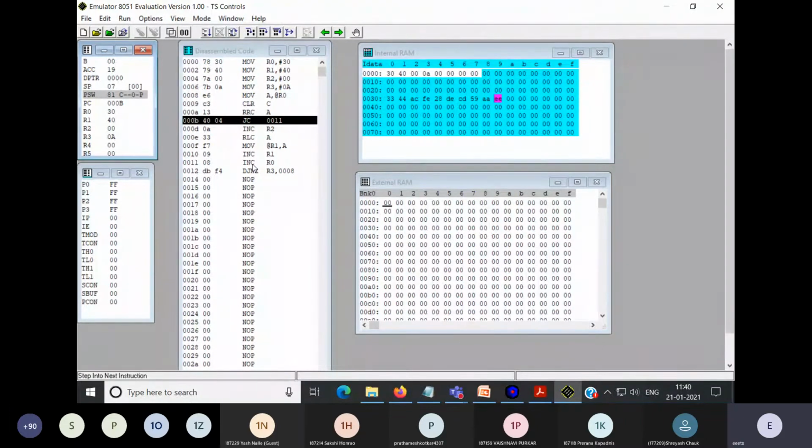So now carry is there, it is visible. So it will come directly to 0110. When you come here, the first task is complete. Increment R0. Why R0? Because it will point to the next number now. So your R0 will become 31 here. And now as the first operation is complete, you have to decrement R3 by 1. And if it is not 0, you have to jump back. So see, your R3 is 09 now, and you came back to the instruction MOV A, @R0. So now your R0 is pointing to the second number.